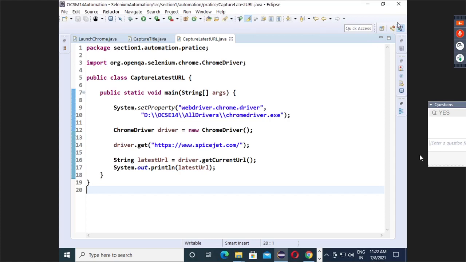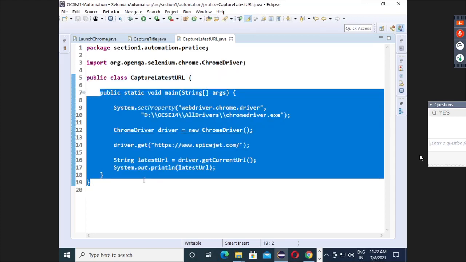See, guys, Bhavin is asking if we have one more class here. If I have one more class in Eclipse and in a public class you have the main method, Eclipse by default will get it.